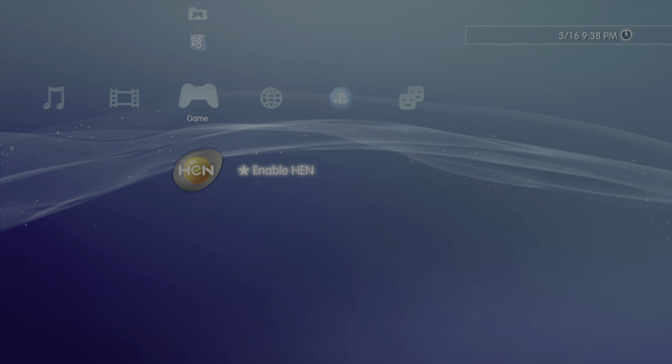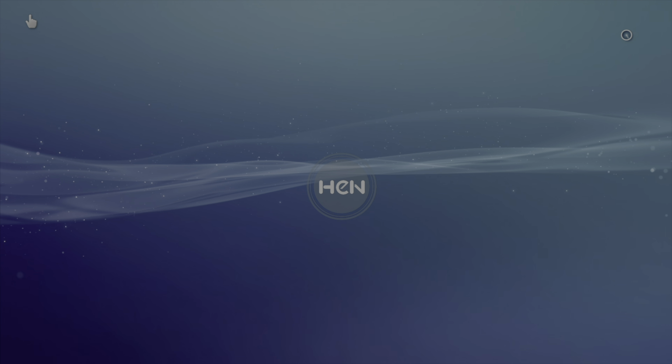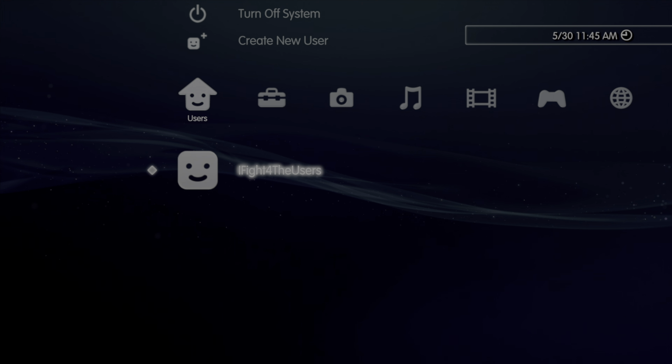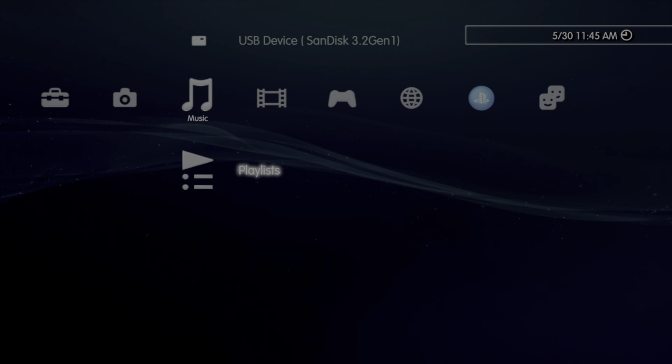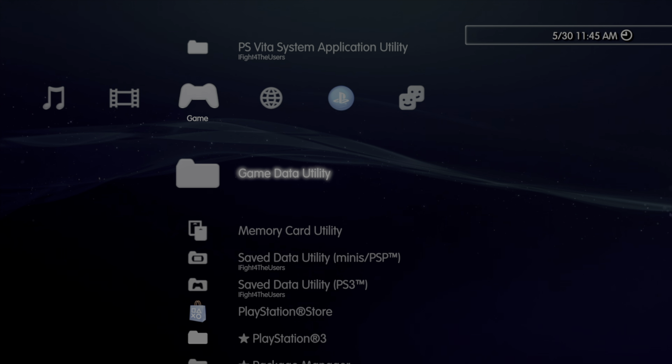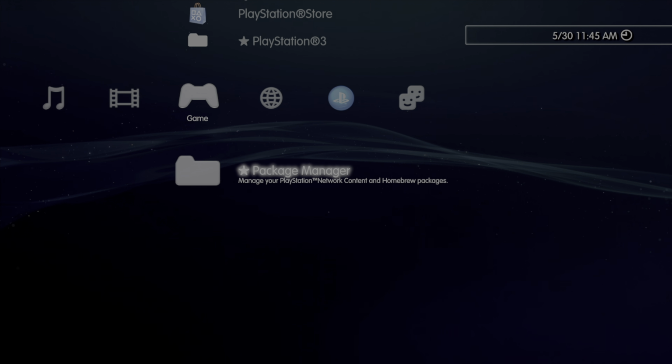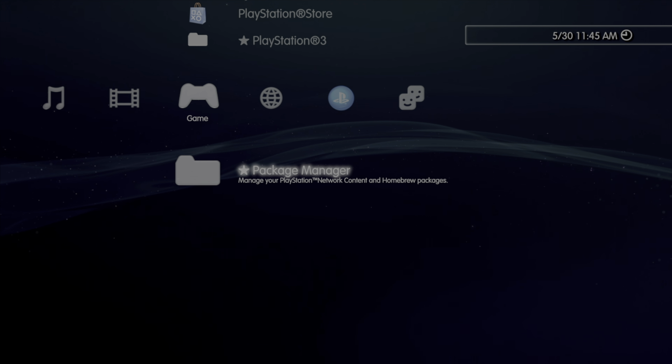Power on your PlayStation 3, and if your system uses PS3 HEN, go ahead and activate it now. From the cross-media bar on your PlayStation 3, press over to the right with the D-pad several times until you get to the Games tab. Scroll down from the Game tab all the way to the bottom to the Package Manager and select it with